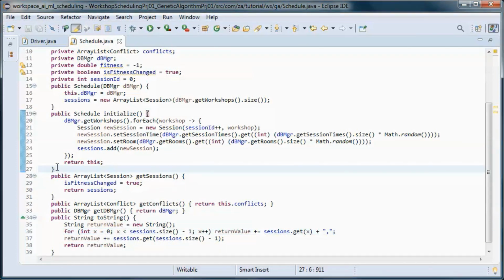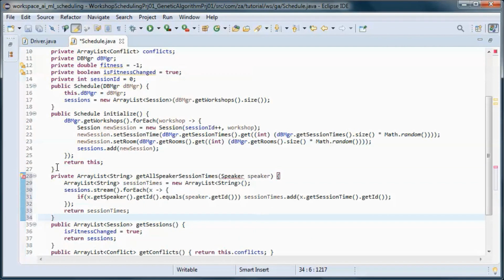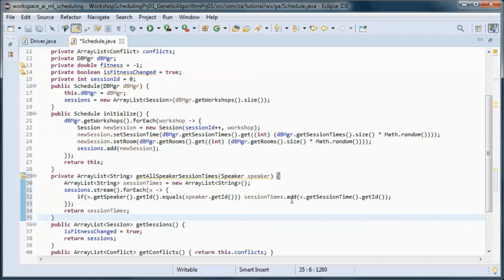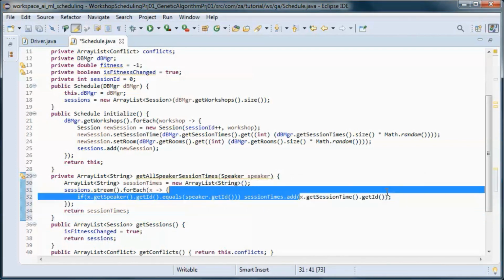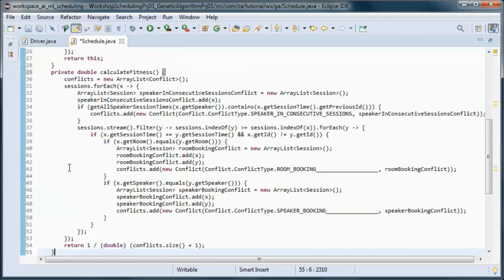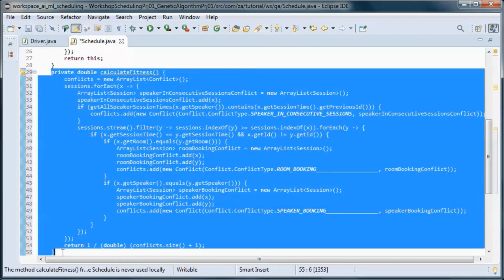And this method will return all the session time IDs that are associated with a specific speaker. And this method calculates and returns the fitness for this schedule.